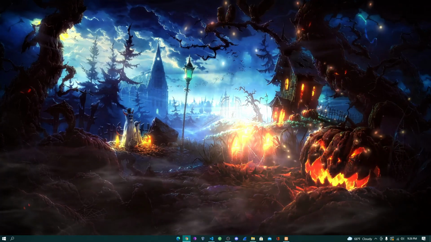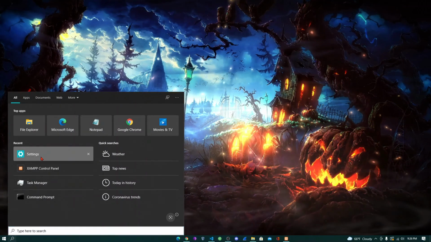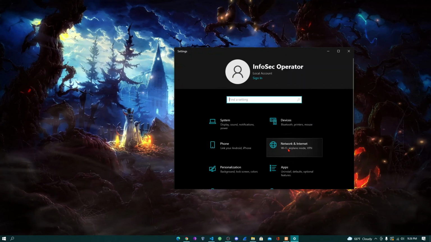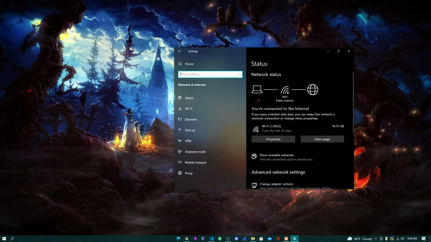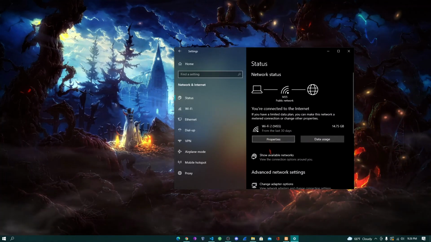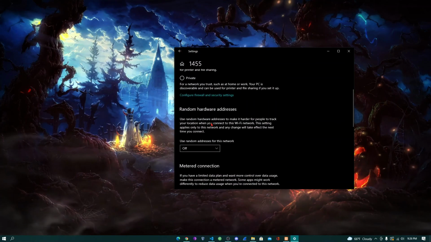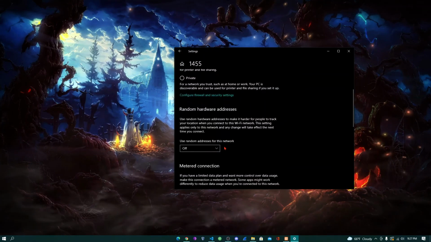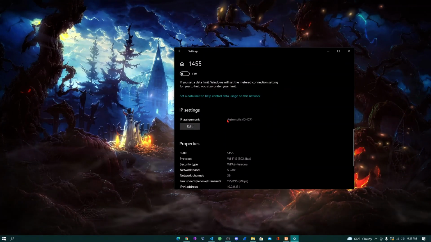The first way is we can go into our search bar down here and go to our settings. We can open our settings and go into network and internet, and we want to open that up. Then on your Wi-Fi here, I'm using Comcast, we go under properties, and we want to be able to kind of change our IP, right? So right now it's under a